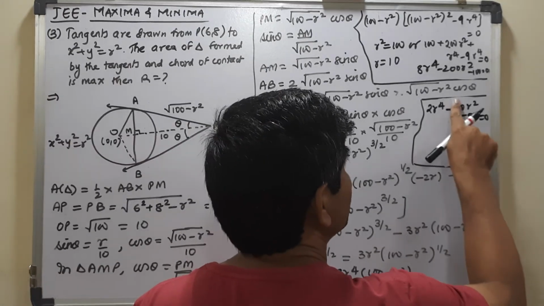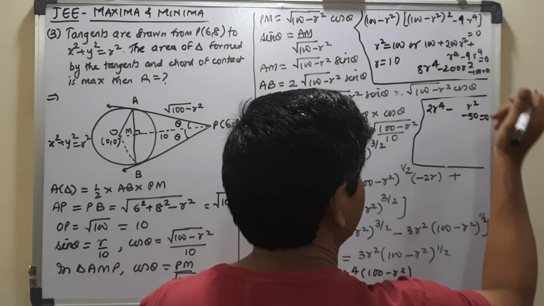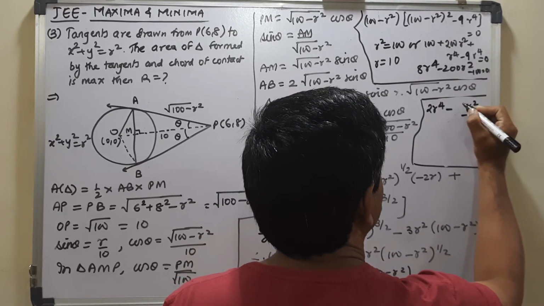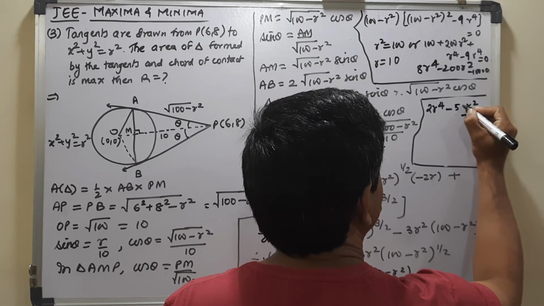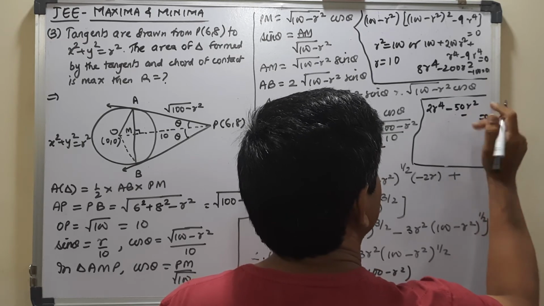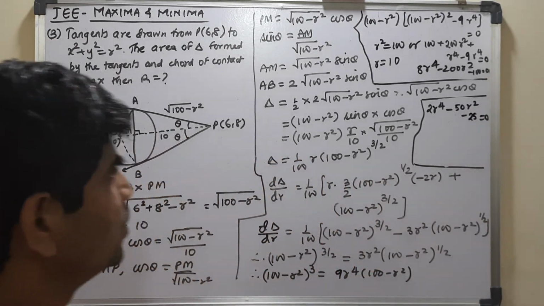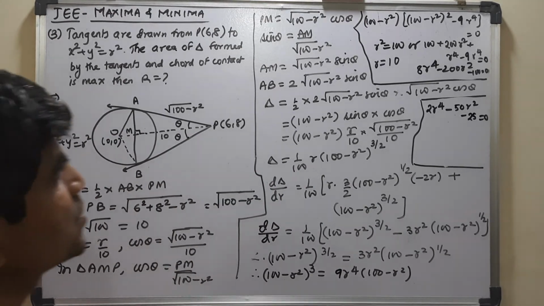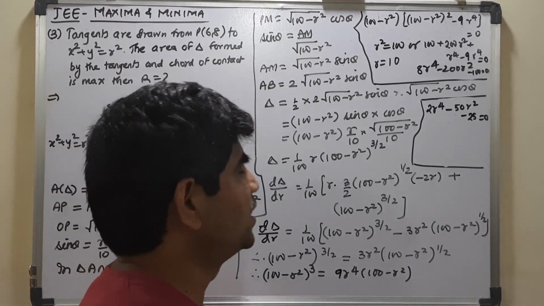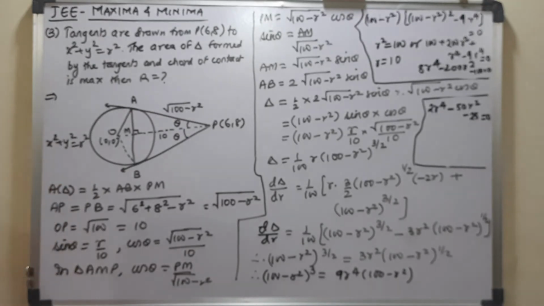So 4 means this will become, I thought I divided by 2. So this will become your 50 and this will become your 25. Okay. So this is 2r raised to 4 minus 50r square minus 25. Okay. So when I split it, what I get,